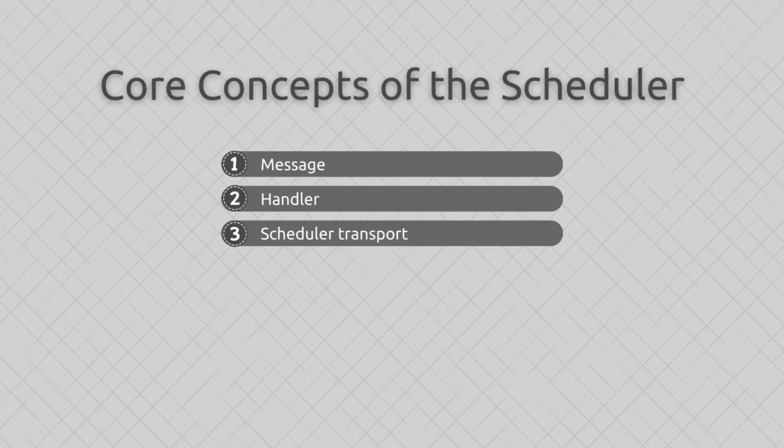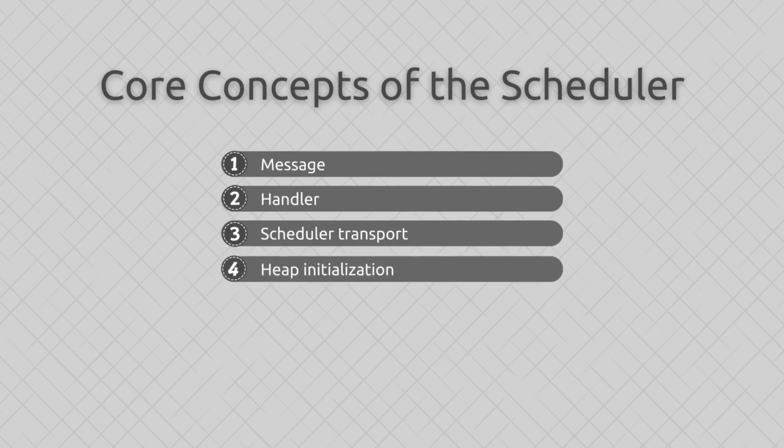Third, scheduler transport. Unlike messenger, where messages are dispatched immediately or with a delay, the scheduler transport autonomously generates messages at defined frequencies. Fourth, heap initialization. When the worker command starts, it loops through all defined recurring messages, calculates the next runtime